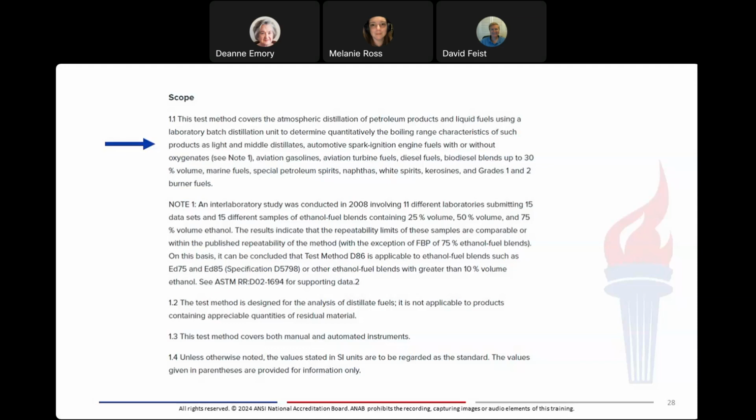In either the scope or under the precision and bias sections of these test methods, there is likely a note. That note will discuss the interlaboratory study or studies that were conducted to produce the values in the standard. The note will tell when the study was conducted, how robust the study was, and what parameters were studied. In this case, ASTM D86, this note is discussing the report of 2008 that expanded the test method to include ethanol fuel blends. But if you go deeper into,